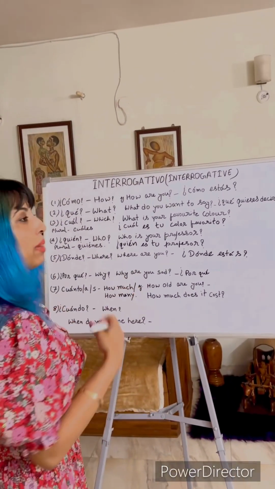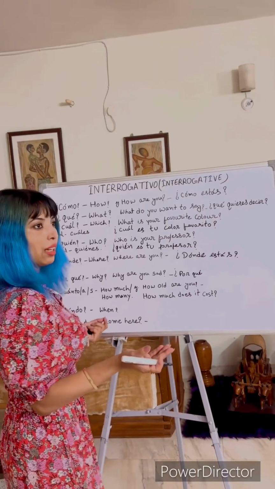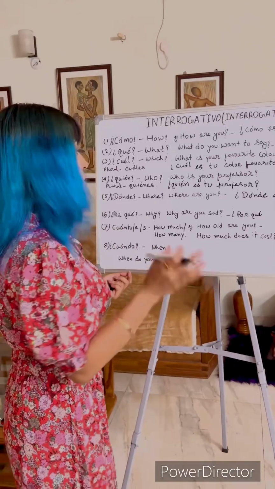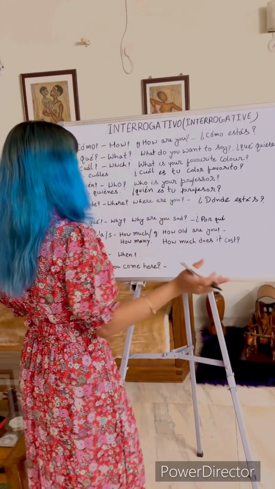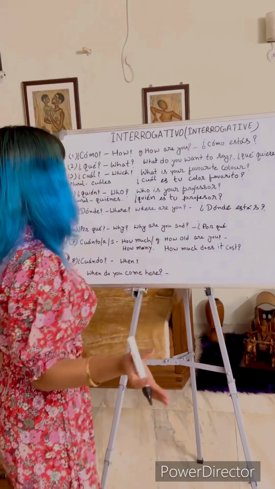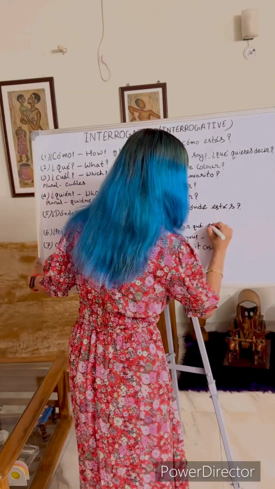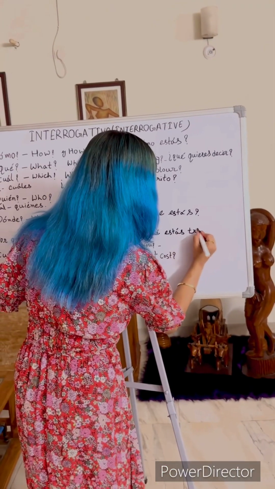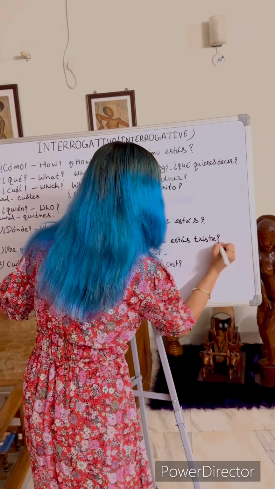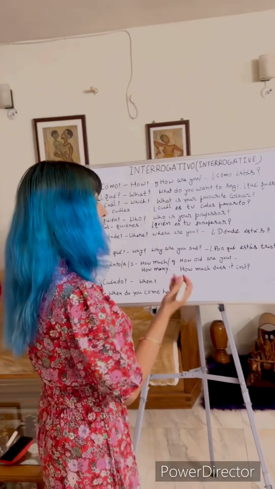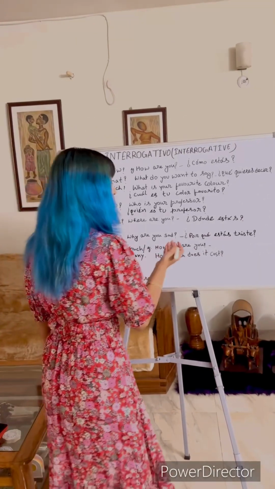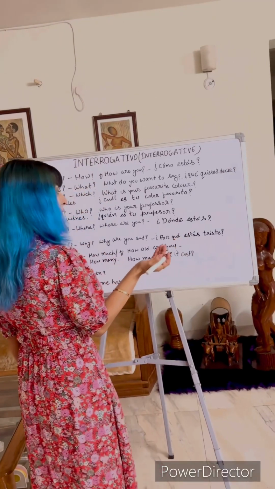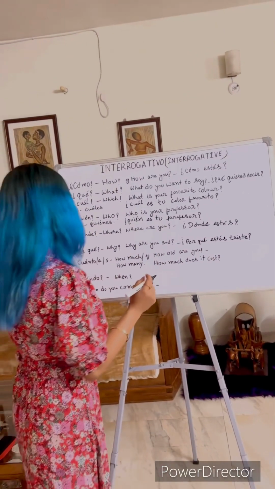This is again, being sad or being happy is a temporary thing. So for condition, if you remember the estar verb, for condition we are supposed to use the estar verb. So again you form conjugation of the estar verb would be ¿por qué estás triste? Triste. ¿Por qué estás triste? Why are you sad? It could be ¿por qué estás feliz? Why are you happy? So like that.